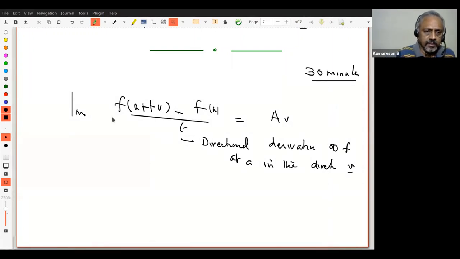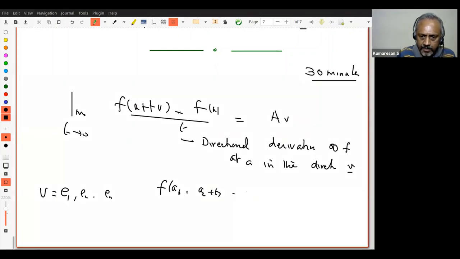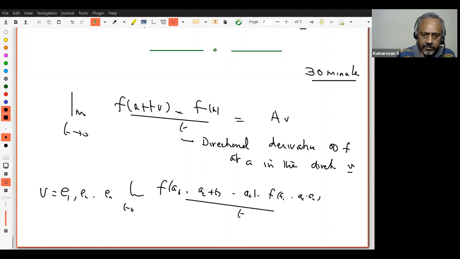Some of the old textbooks will ask you to take v to be a unit vector. As I just now showed, it does not matter. Any vector will do. Because it's an old-fashioned thing. People define the directional derivative only with respect to vectors of length 1. That's not needed. Now again notice that when v equals one of e1, e2 or en, then what we get, you already saw it, but let me just write it: the limit as t goes to 0 of f of (a1, ..., ai plus t, ..., an) minus f of (a1, ..., ai, ..., an), divided by t.